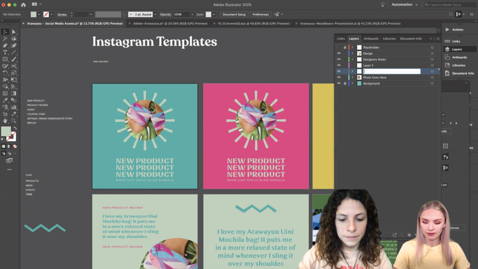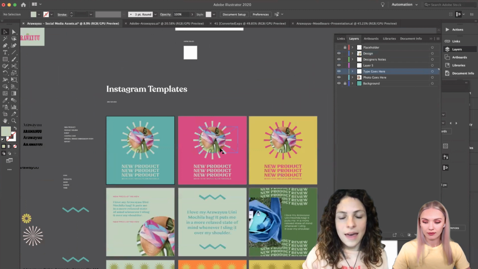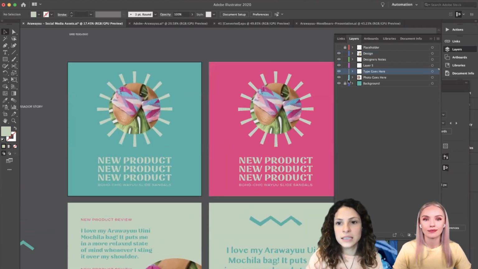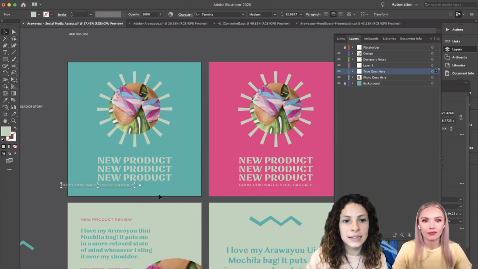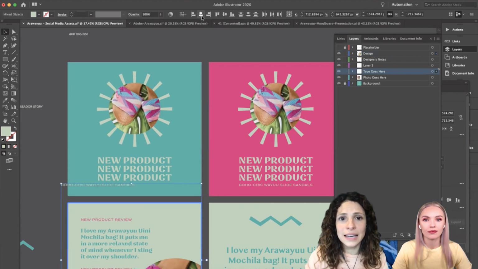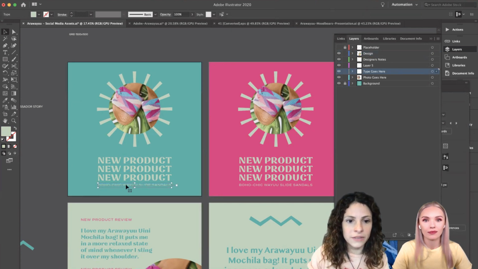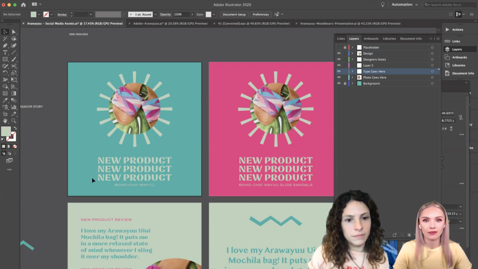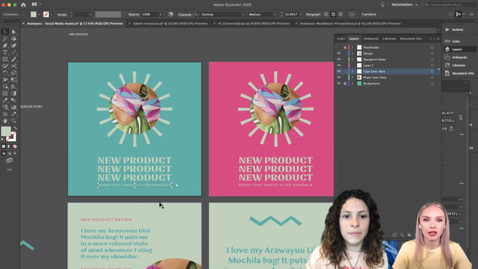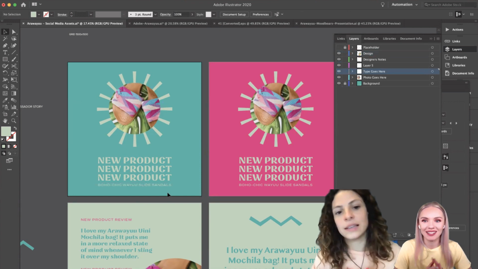So font, and then they will be able to change. This would be locked, and they would only be able to change this text. And I make sure of the best placement, which is centered, because if they're working with a smaller product, that would still be centered. So I make sure that the type is centered and all prepared for them to not make mistakes.